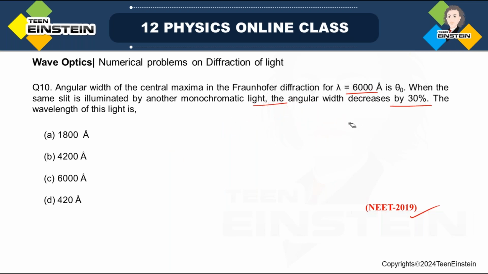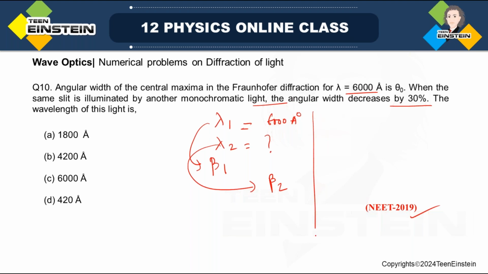Lambda 1 is 6000 angstrom. Lambda 2 we have to find out. So what is said, if beta 1 corresponds to lambda 1 and beta 2 corresponds to lambda 2, it decreases by